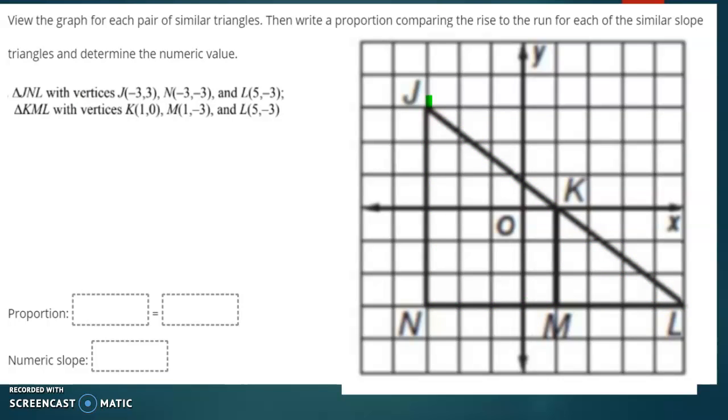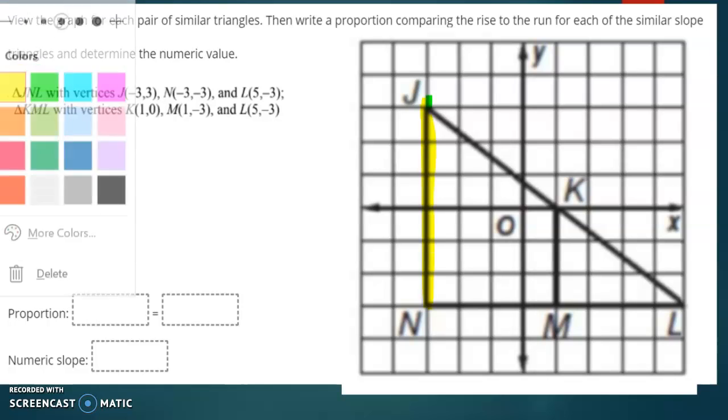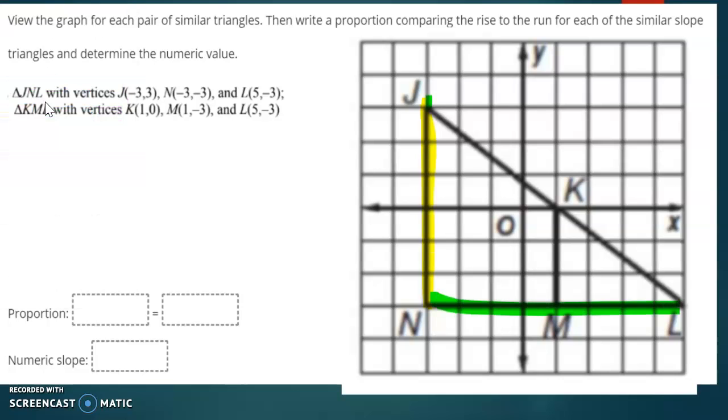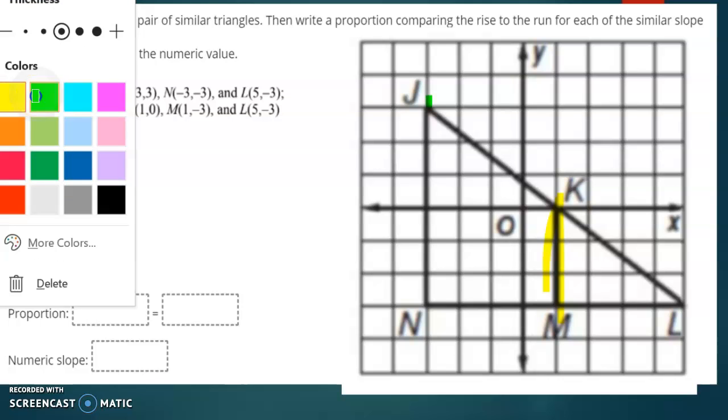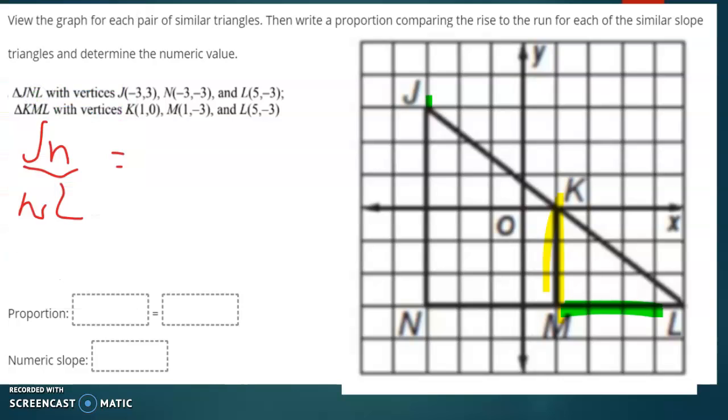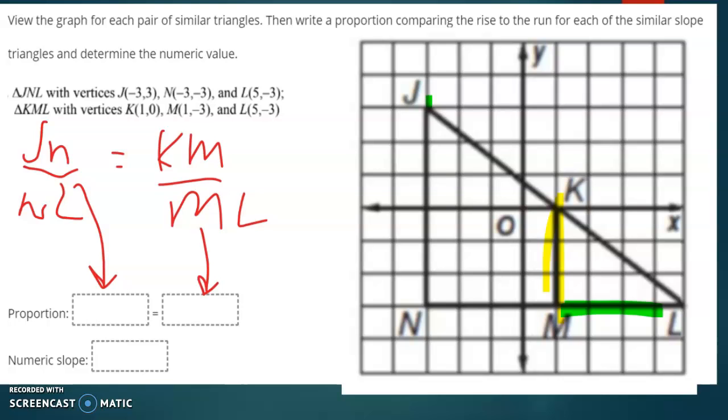And so we are going to do the rise to the run, which is JN is the rise to NL, and then the other triangle, the rise is KM and the run is ML. So it is KM to ML. This one goes here, this one goes here. The numeric slope,